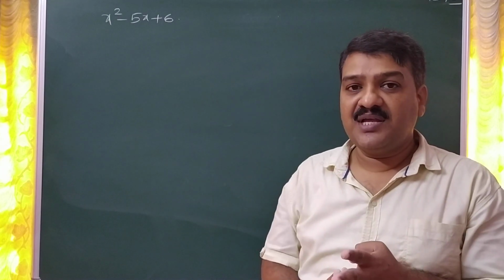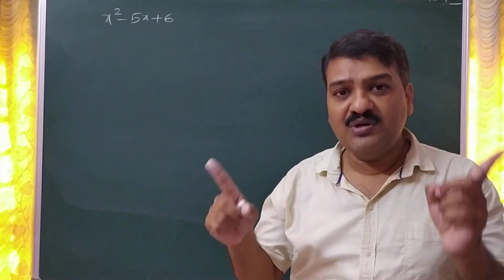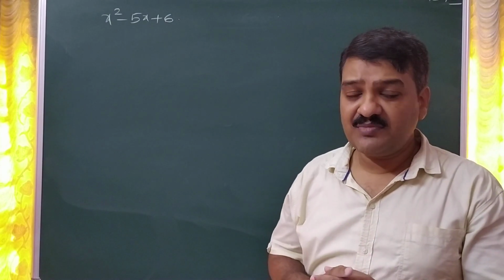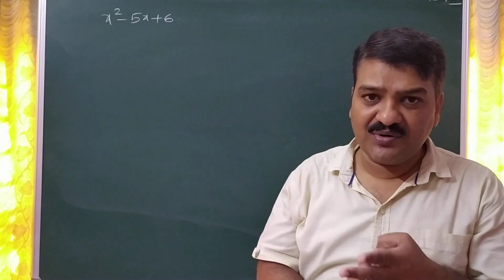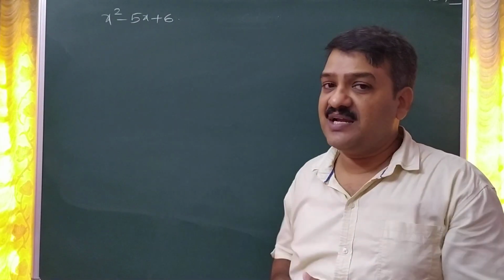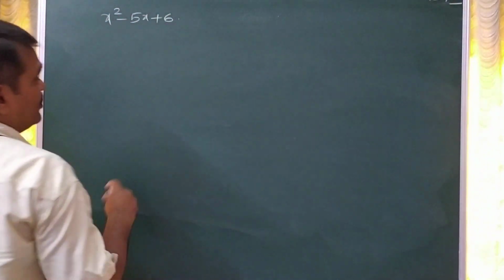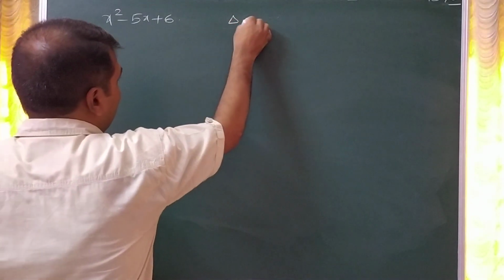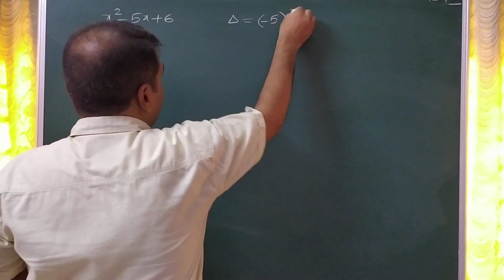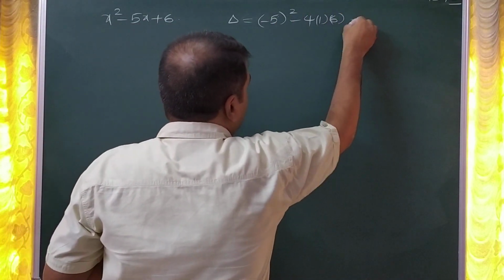So first thing you have to observe is, if delta is greater than 0, then only you have to find the roots. If delta is less than 0 or equal to 0, no need to find the roots. You can check the conditions which we have derived in the previous video. So check the delta value here. Delta is going to be b square minus 4ac. Delta is going to be positive. When delta is positive, you have to find the roots.